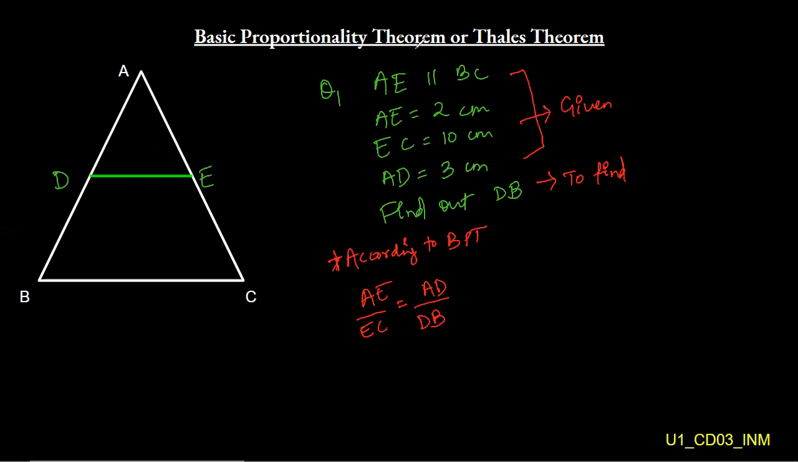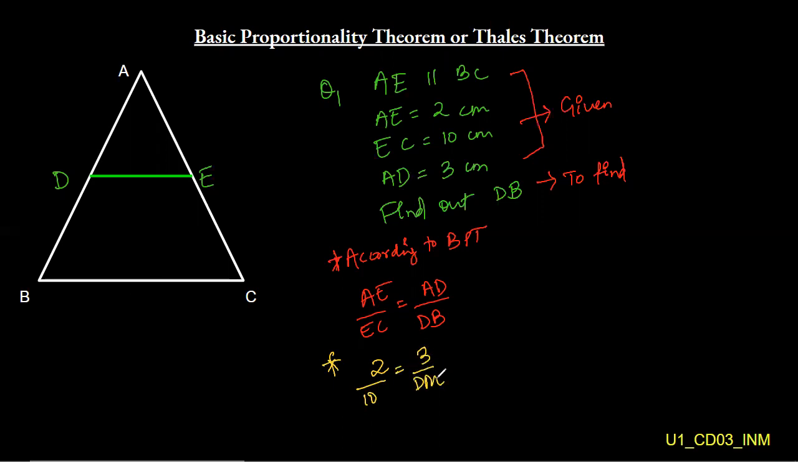The last step is very simple. I think you might have already figured it out. हमको बस values put करनी है. जो question में दिया हुआ है we'll put the values, और जिसकी value नहीं दी हुई है we'll find the answer accordingly. For example, AE equals to 2, EC equals to 10, AD equals to 3, and DB को तो